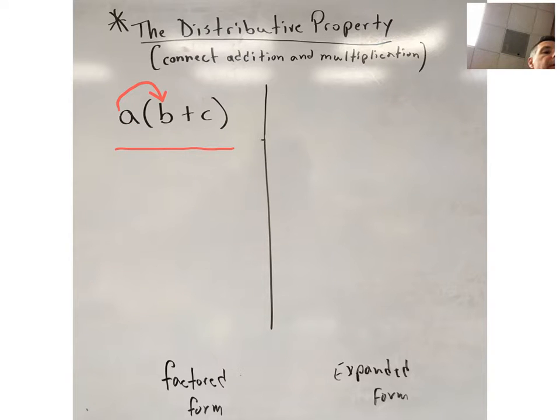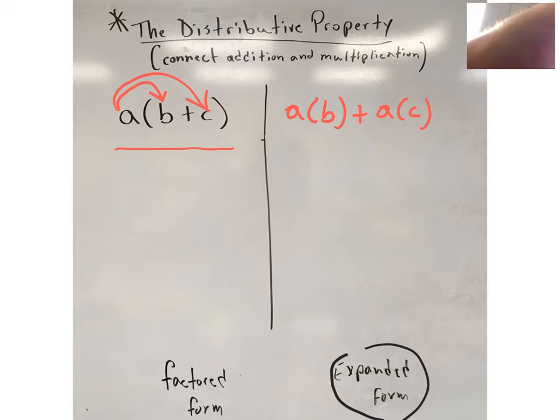So we can say A times B, and we also distribute the A to the C. So if we go next door and write it out, we say A times B plus A times C. And this is called the expanded form. And this is called the factored form. So there's an example